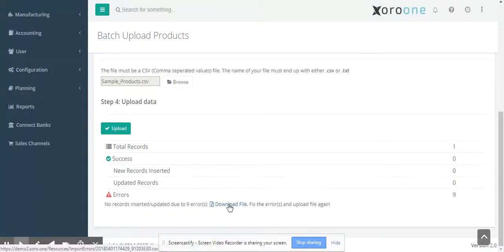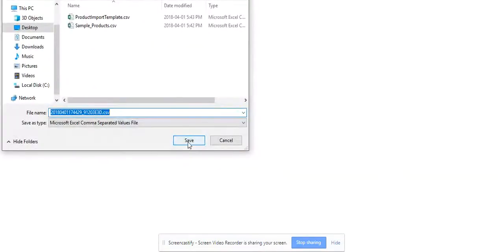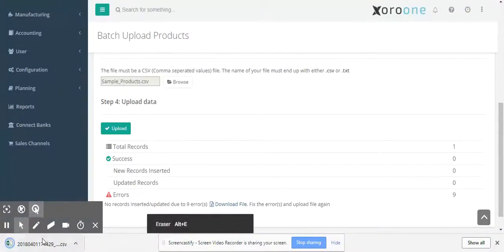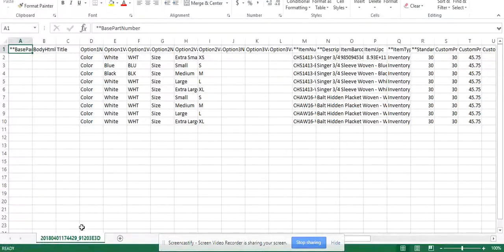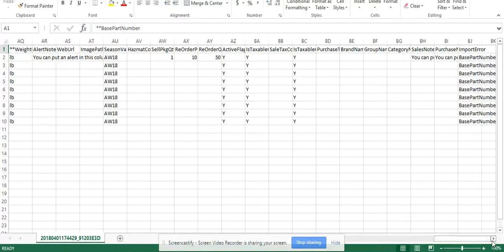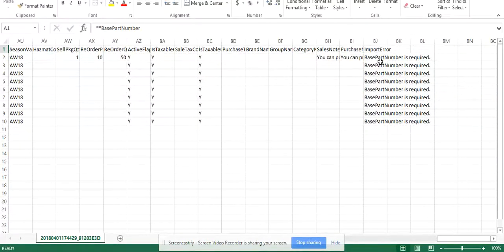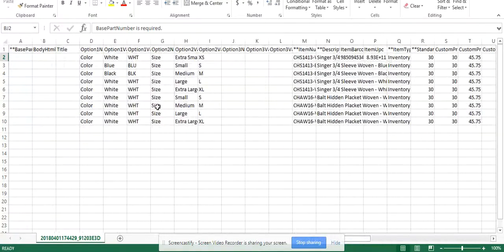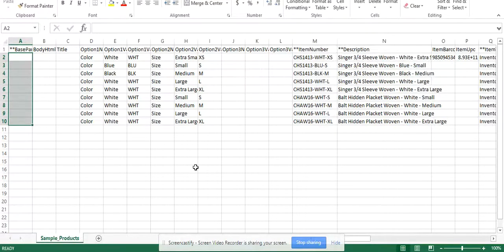And so I'm going to download the file. This is your error file. It's basically going to explain what the errors are. So let's go ahead and download this. Okay, so I'm going to see in my template what was the issue. And you can see here it says base part number is required. So this is one of the columns that I left blank. As you can see here, this column was left blank when it was actually mandatory. So I'm going to go ahead and fill this column,